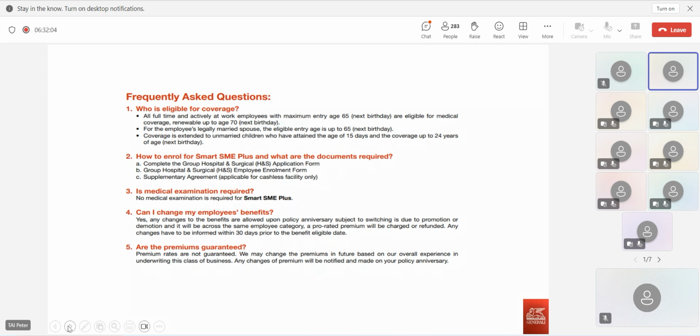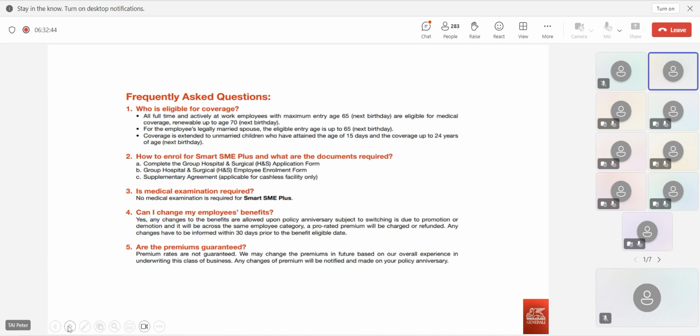For the employee's legally married spouse, the eligible entry age is up to 65. Meaning if your staff wants to extend to the spouse, the spouse must also be 65 maximum. Coverage is extended to unmarried children. There's a 14 days exclusion, and on the 15th day only can they join in. Meaning you have to announce to us that you have a baby, and only after the 15 days is the baby covered, up to 24 years. So long as they are staying with you and are not married,